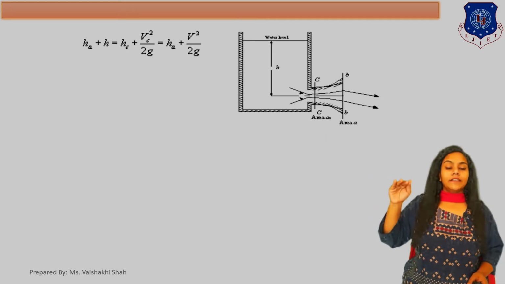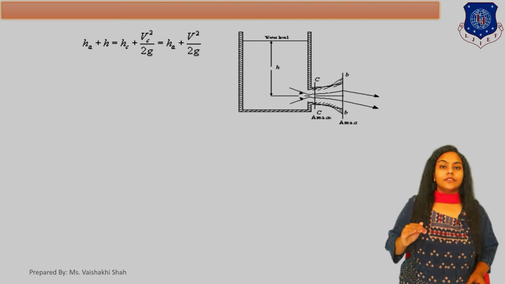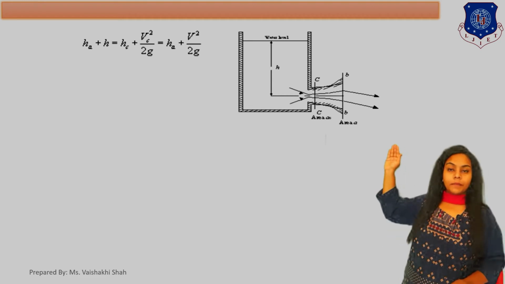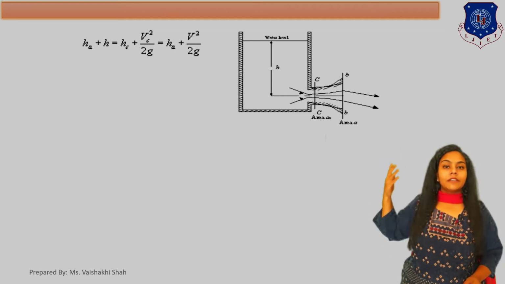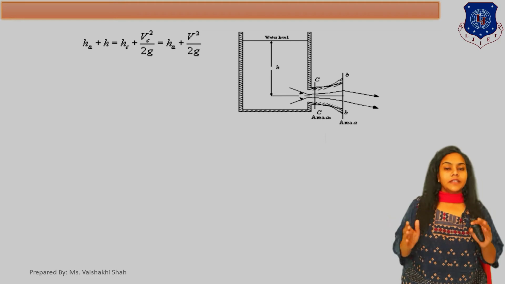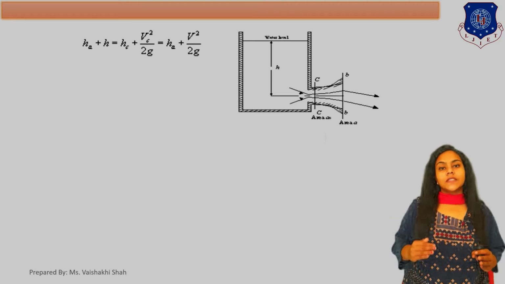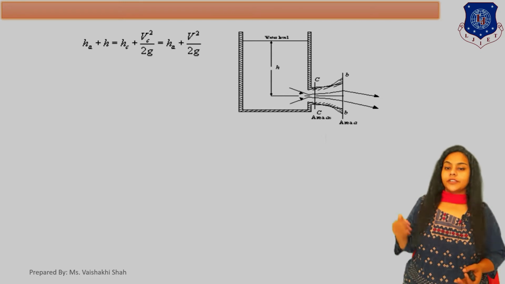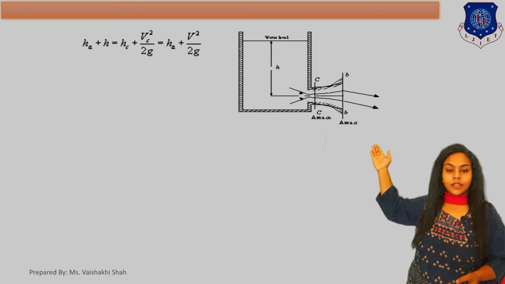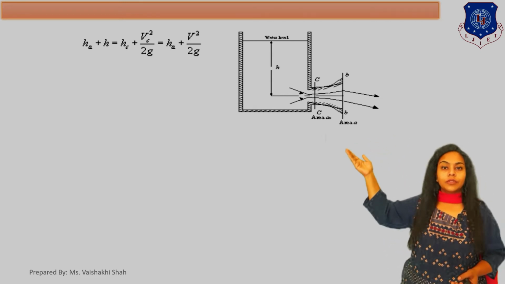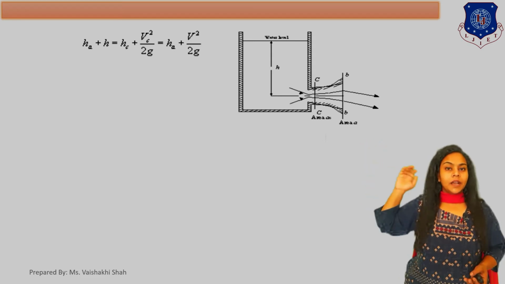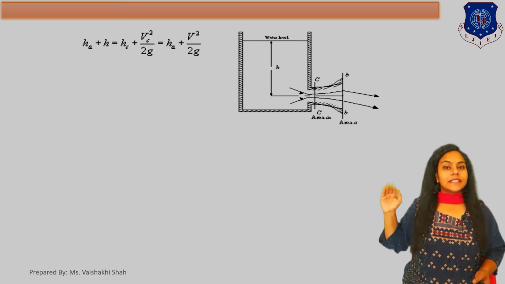So HA plus H. Here we are considering the velocity on the free surface as 0. So Bernoulli's equation is HA plus H equals,